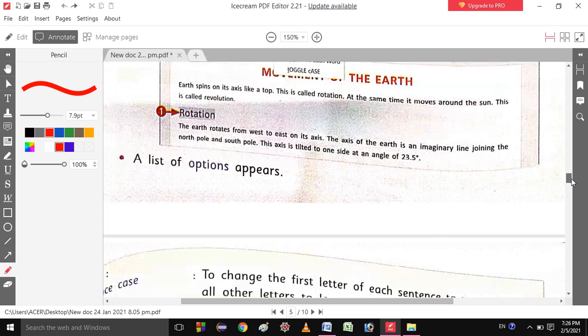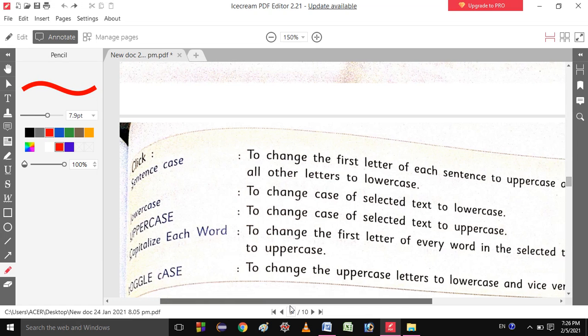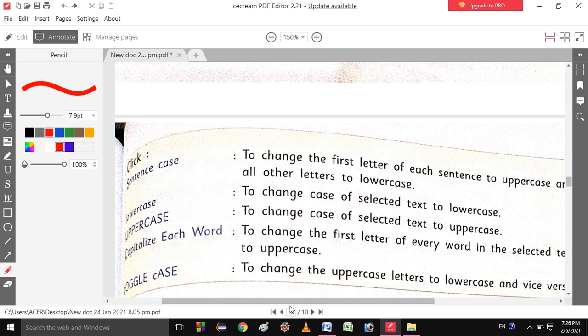So first I will discuss sentence case. What is the meaning of sentence case? Basically, if you write sentences, then each and every sentence's first letter will be capital. So this is done by sentence case. Next one is lowercase.